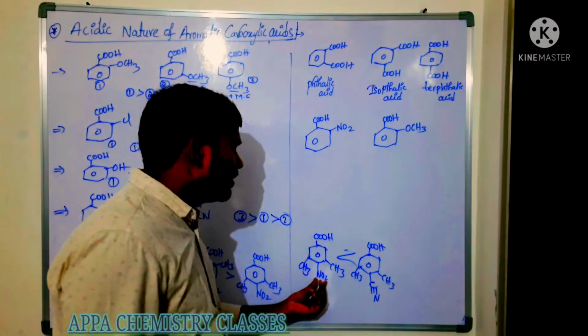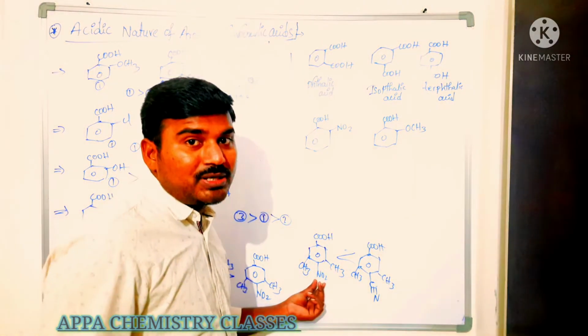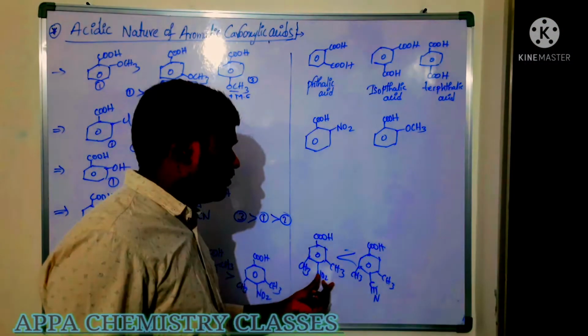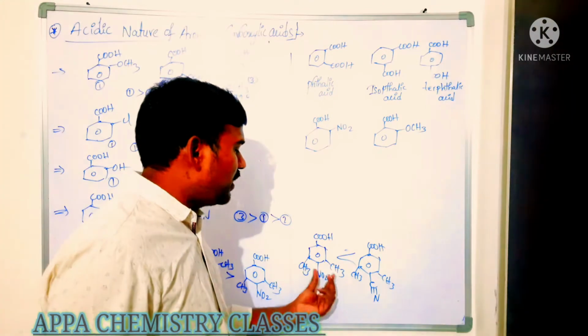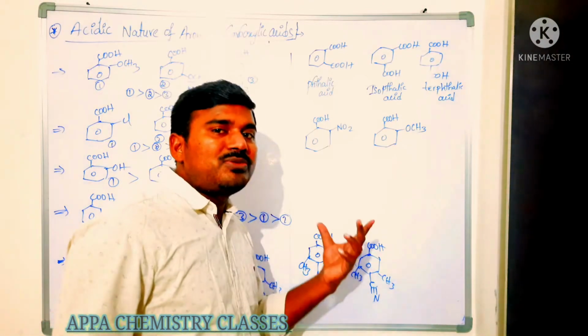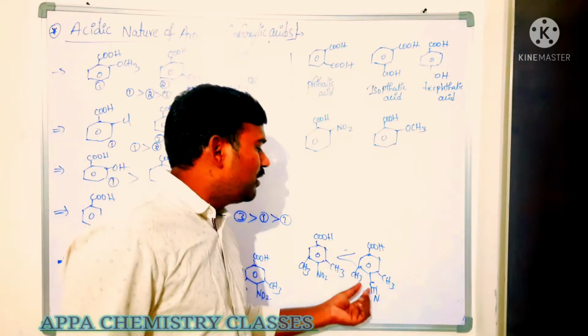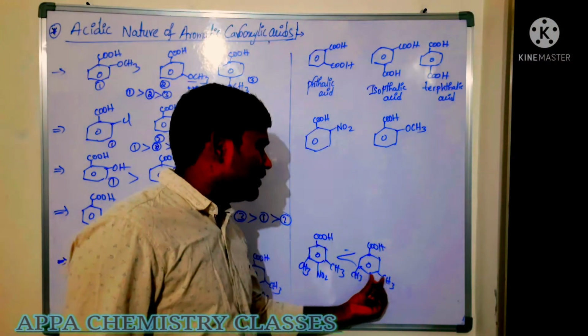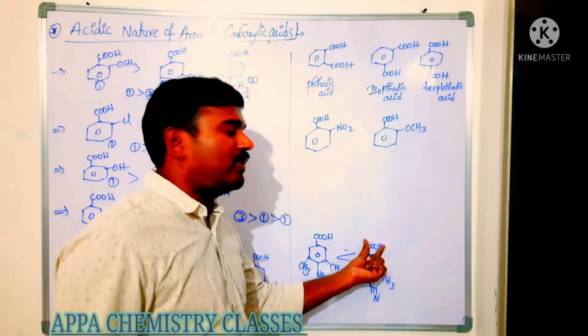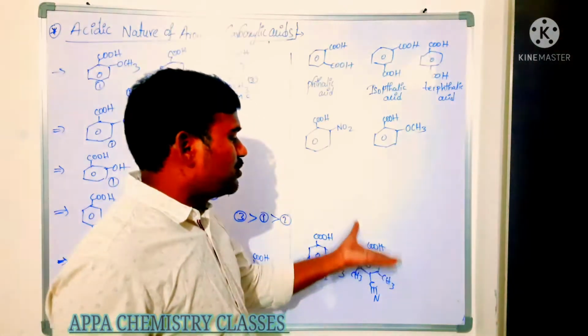What is the reason here? This nitro group is not present in the plane. Due to the bulkier group, it is out of the plane and repelled, so it does not have that much effect here. Whereas the cyano group is a linear one within the plane. So even though it has steric hindrance, since it is within the plane, it will have some effect on the carboxylic acid.